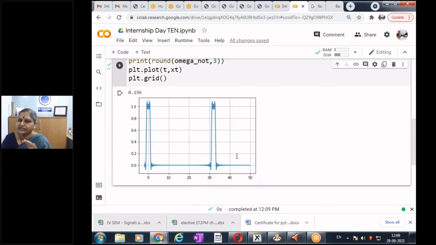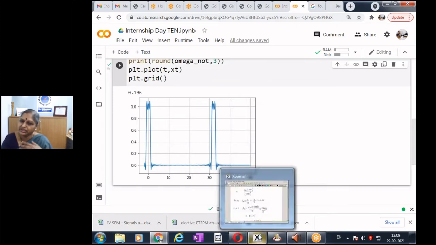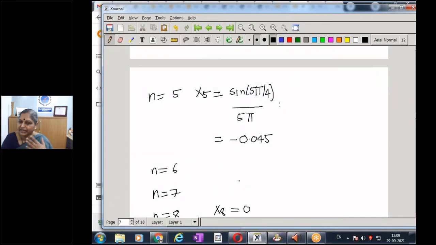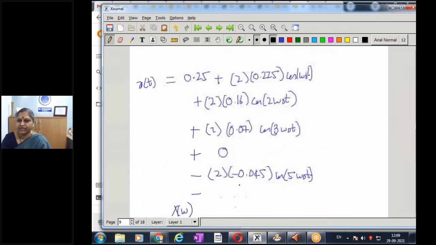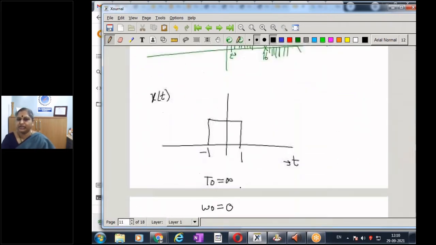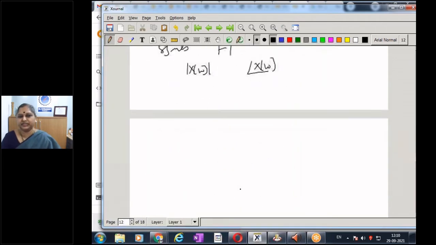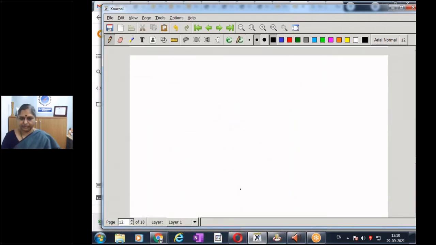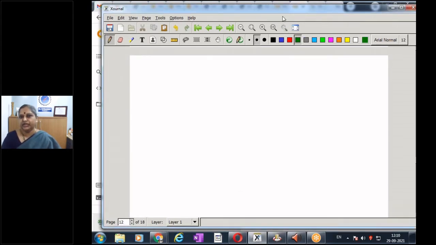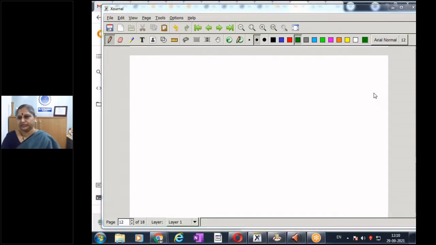So now having seen this, we will continue. We'll take one or two simple examples in Fourier transform. We will directly obtain the Fourier transform and not do it like this, doing the Fourier series and then getting the Fourier transform. We'll do one or two examples and try to plot the result as well. So now we will do Fourier transform. We'll see the formal definition of Fourier transform.